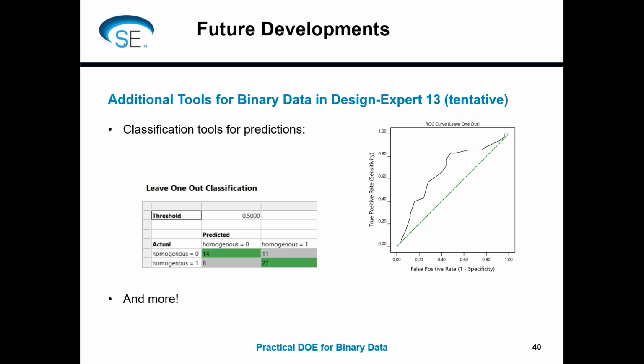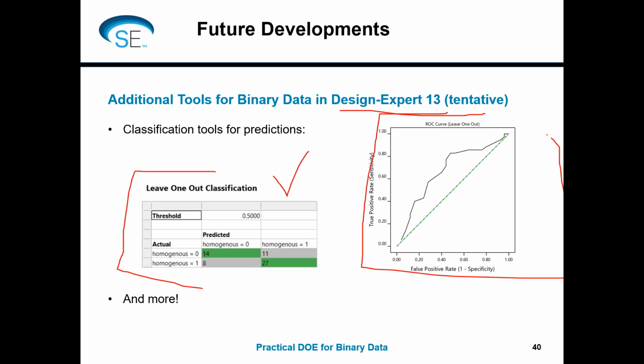So, some future developments that are coming in Design Expert. In Design Expert 13, we'll have some tools for classification. Lots of times people want to predict whether something is going to be a 0 or a 1. So there are going to be confusion tables like this one, cross-validation, ROC curves, and so on, as well as a couple of other features. This is the big tool that's coming soon in Design Expert 13. Now, Design Expert 12 has only been out for 4 months, so this will probably still be a while, but